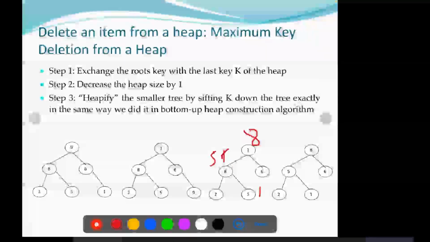Heap sort is basically a two-stage algorithm. First, you construct a heap, with the bottom-up approach we assume, and then we apply the root deletion. Maximum key deletion is the same